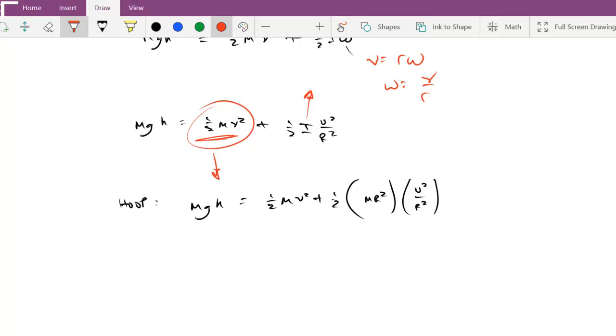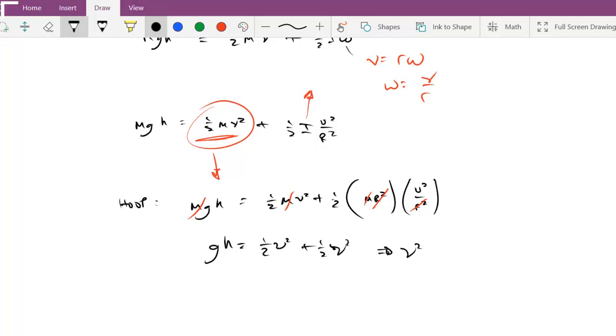So then, canceling terms, the mass is gone in all cases, and the r squared here cancels with the r squared there, and so we just have gh is equal to 1/2 v squared plus another 1/2 v squared,